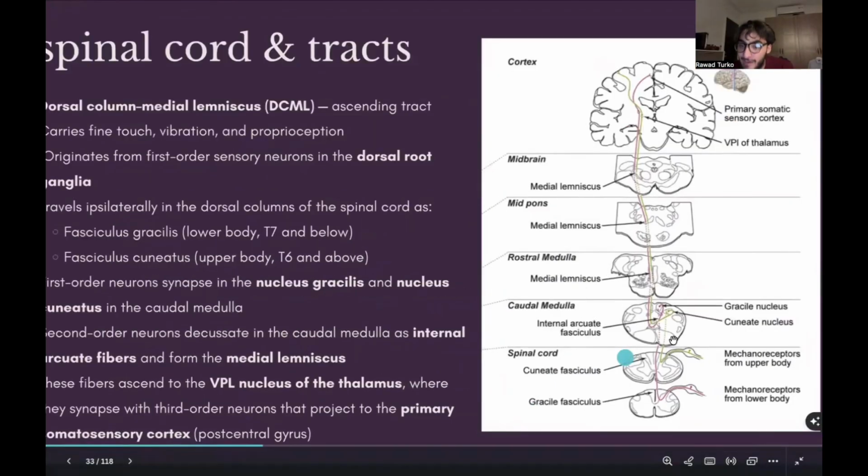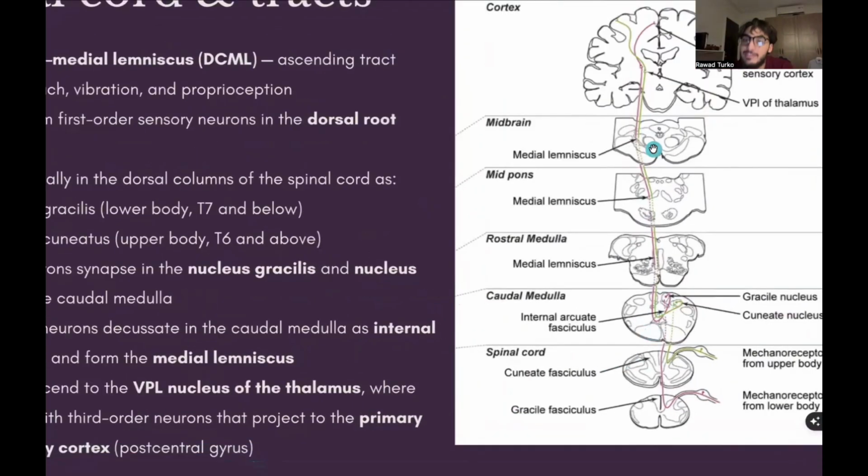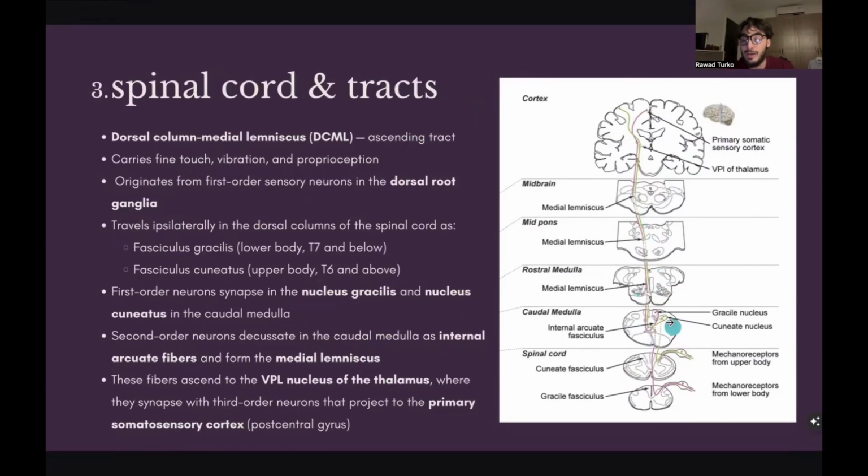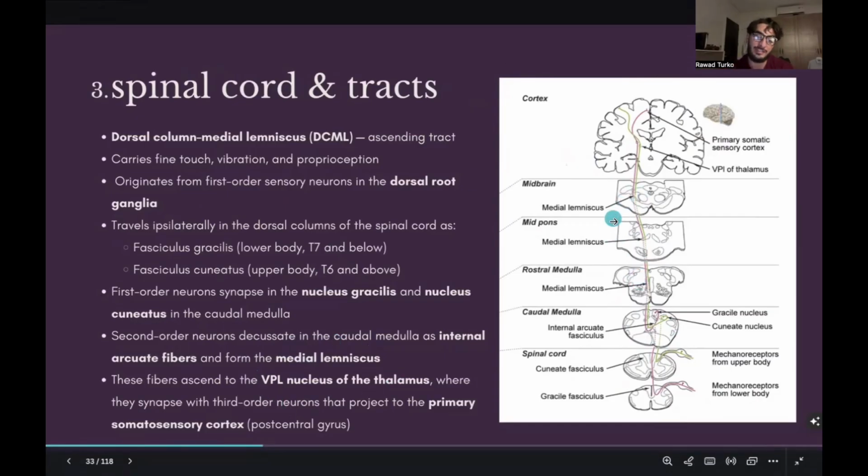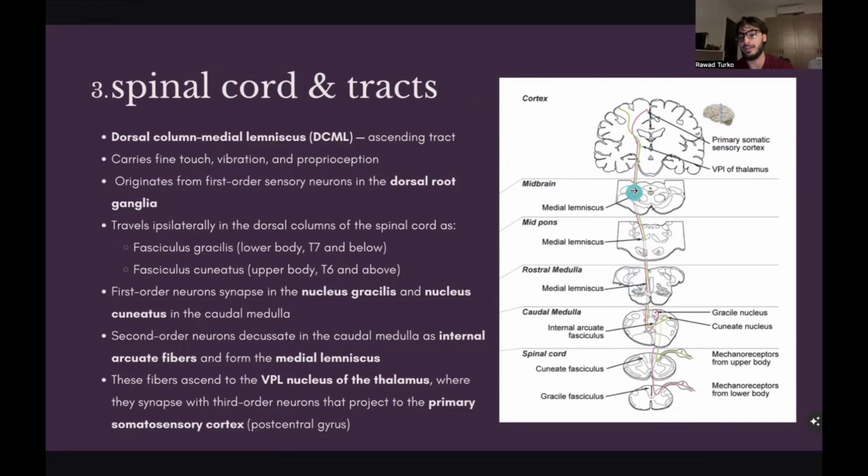Okay, now those fibers, after they've crossed over, are going to ascend. At this point they're carrying sensation from the contralateral body because they've already crossed over. And then they're going to synapse a second time in the thalamus. Now, where exactly in the thalamus? That's your ventral posterior lateral nucleus of the thalamus, or the VPL. There they synapse with the third order neurons, which project to the primary somatosensory cortex. And that's basically going to tell our brain, hey, this is all the proprioceptive information about